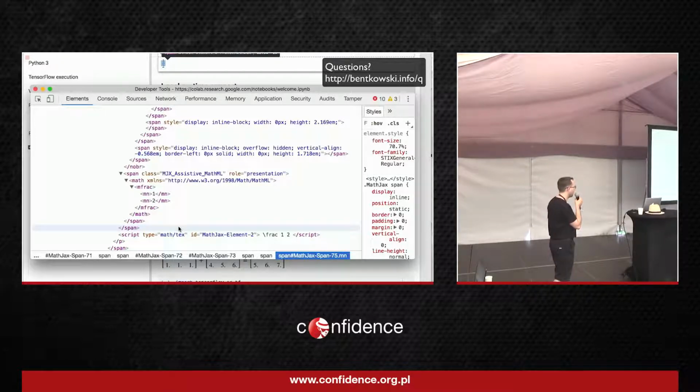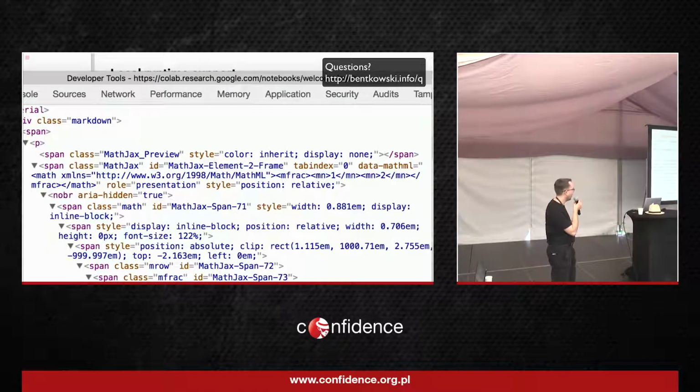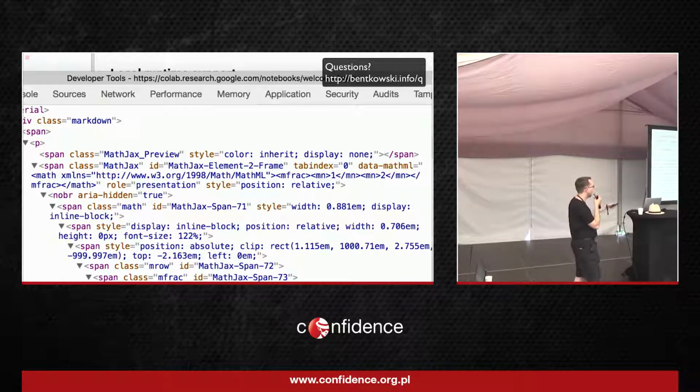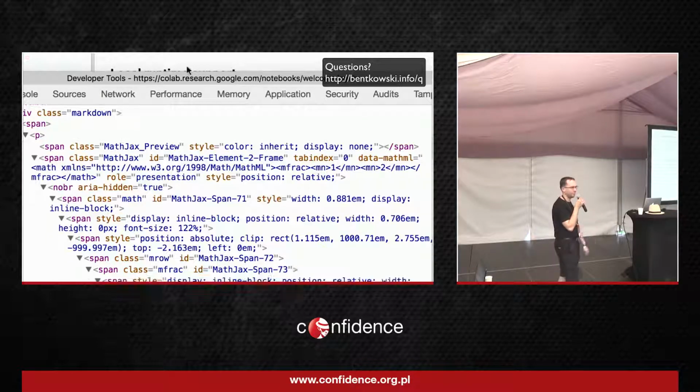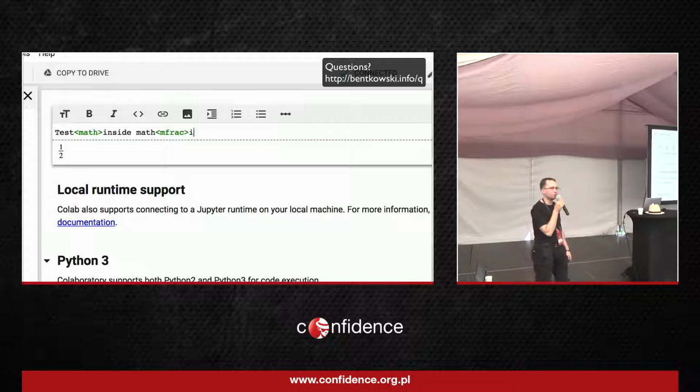It is very interesting because over here, we can see the math tag, mfrac tag, and mn tag. And those tags weren't in the whitelist I showed you before. So why are they over here? They should be cut, but they are not. And also, slightly above, you can see an HTML attribute called data-mathml, which contains an HTML with the same content that I've shown you before. So let's see whether I am really able to use the math tag or the mfrac tag.